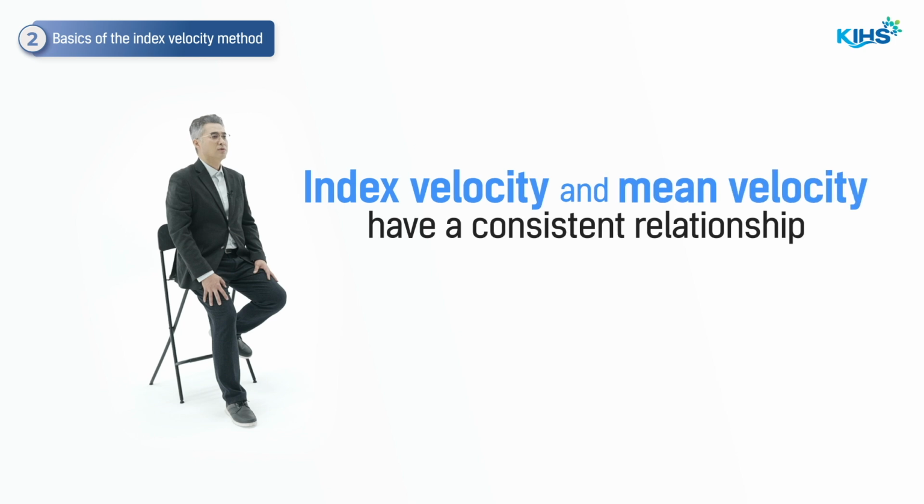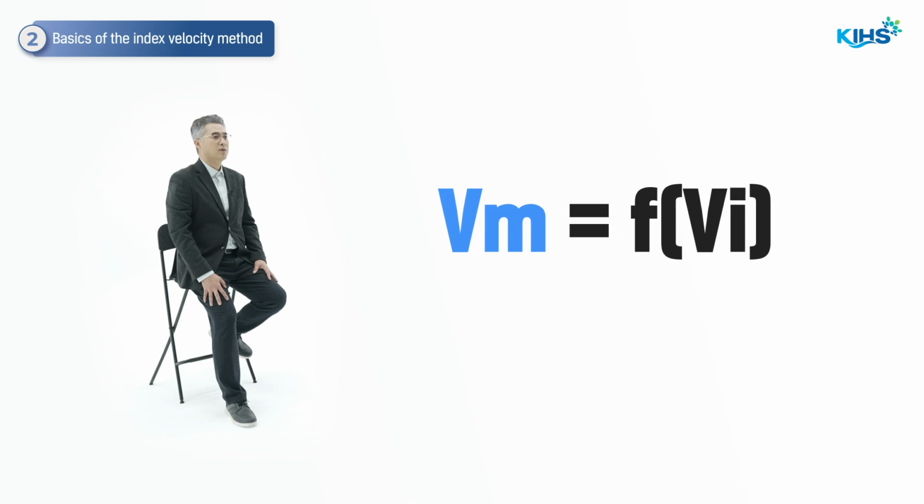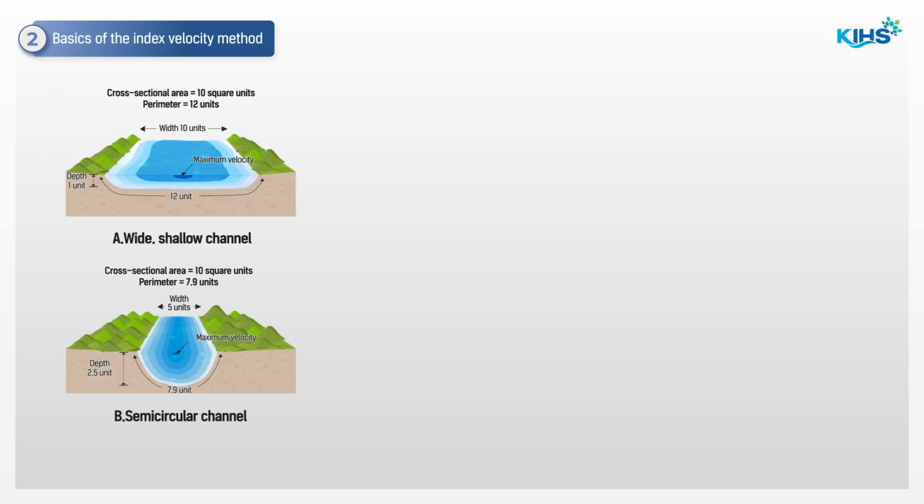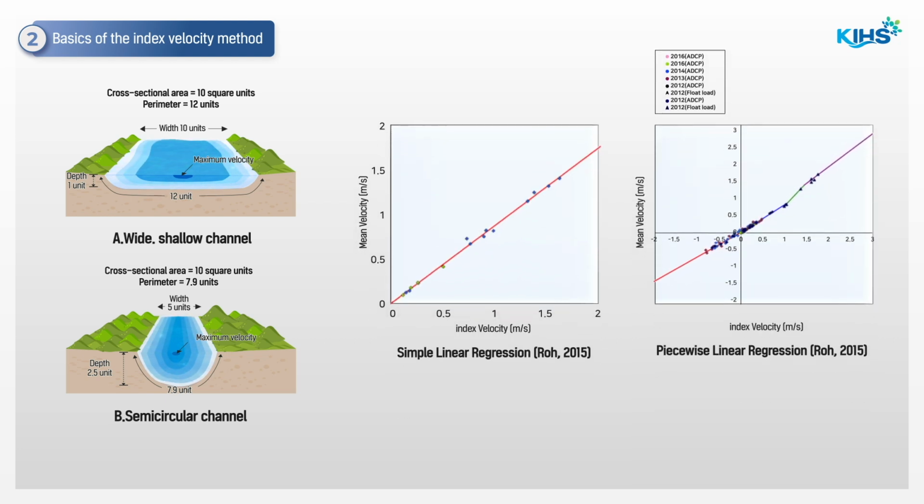Index velocity and mean velocity have a statistically consistent relationship. This relationship is expressed as Vm equals F times VI. The cross-sectional area is determined from a stage-area relationship. The index velocity method is defined by a regression equation between index velocity and mean velocity derived from ADCP measurements